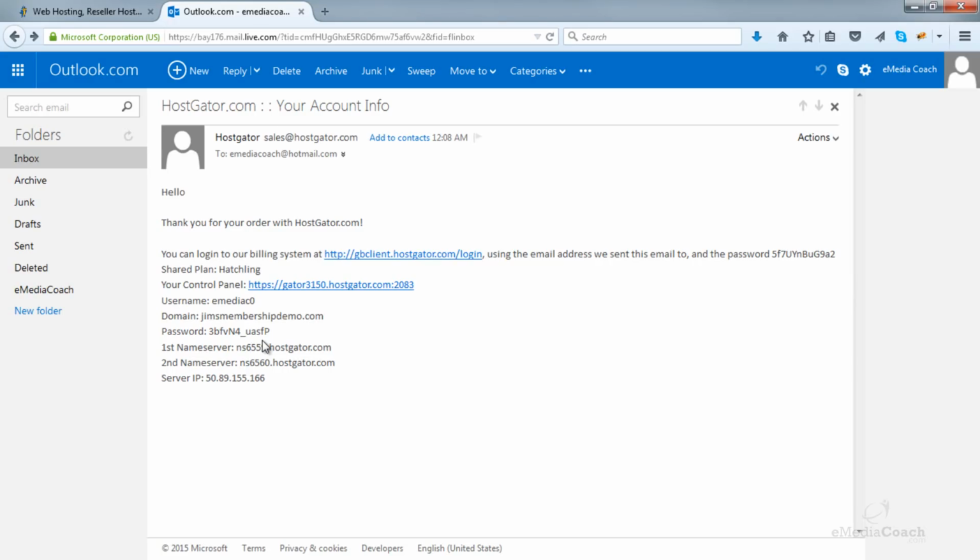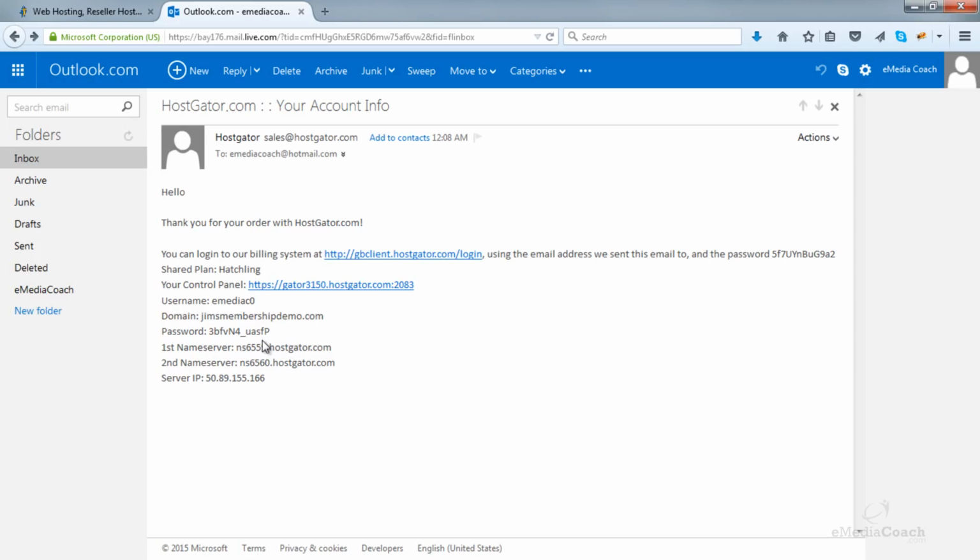Now, before we go any further, there may be some of you who have purchased your domain from somewhere else, for example, GoDaddy, but purchased your hosting from HostGator. So now we need a way of connecting your domain and hosting. If you purchased your domain and hosting from HostGator, then don't worry about this step. But this step is very important for those of you who have purchased your domain elsewhere.